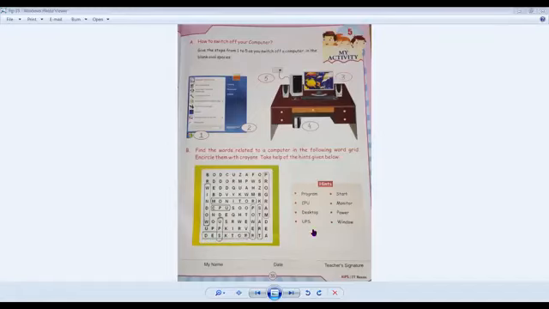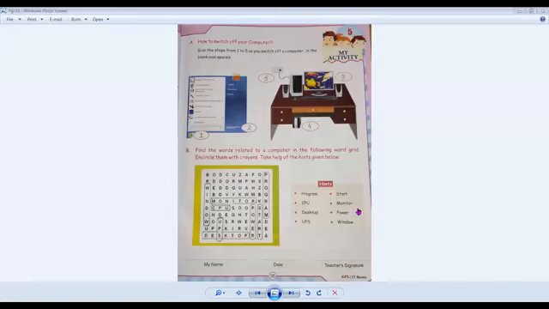Then you have UPS. UPS is here. Circle this UPS also. Then you have start. Start is where? Here. S-T-A-R-T. Circle this start also.